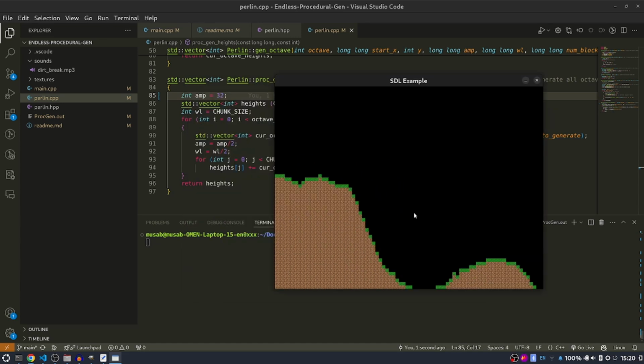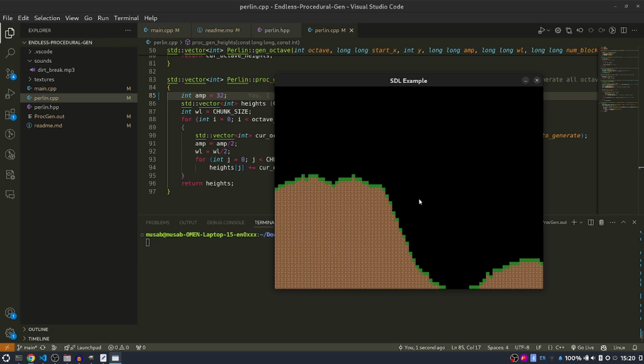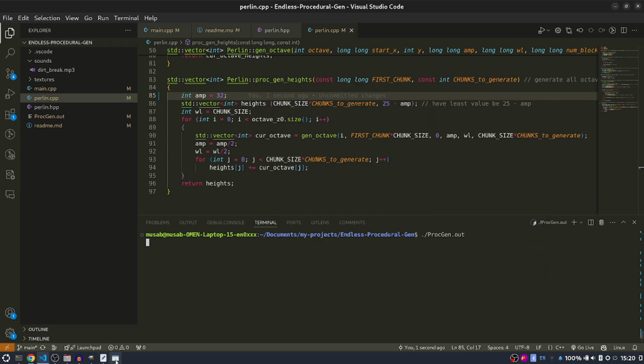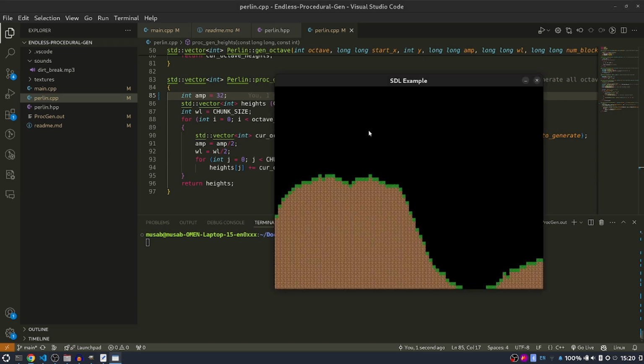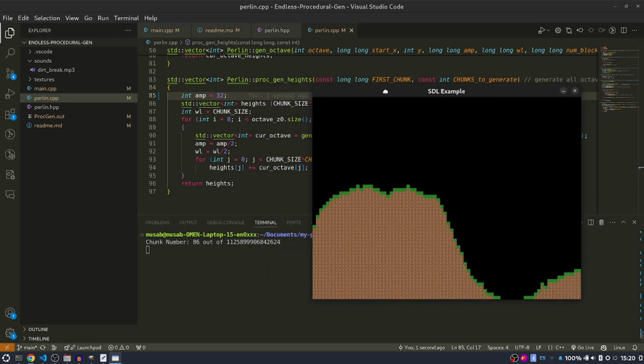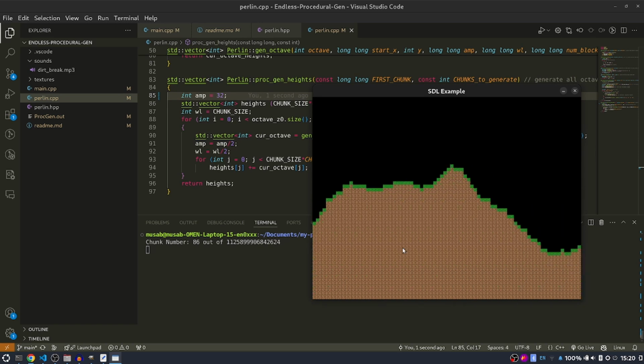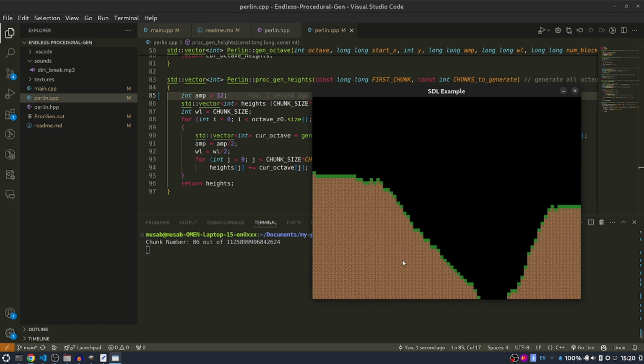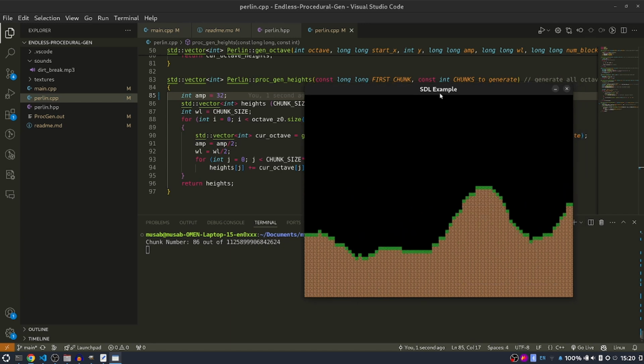The way this is all set up is that the terrain is broken into chunks, and each chunk right now is about 32 of these blocks, right? And if you go here, if I press X, you'll see I'm at chunk 86 out of 1 quadrillion. And storing 1 quadrillion takes a lot of memory, you would assume. But if I try to output the memory usage, it says it's using about 103,000